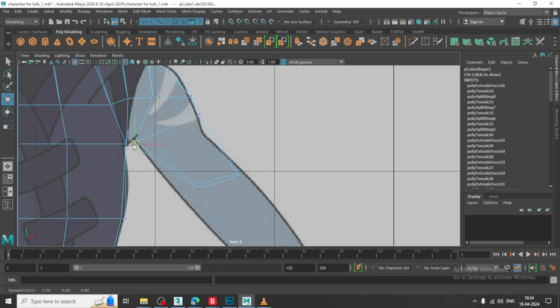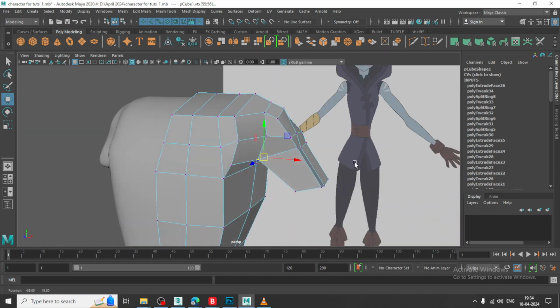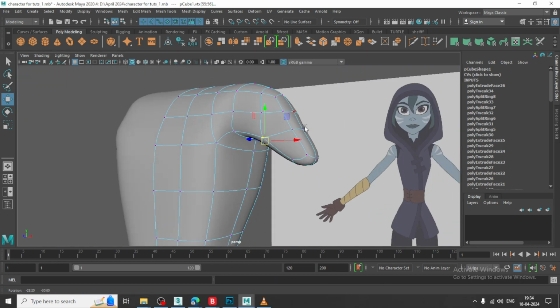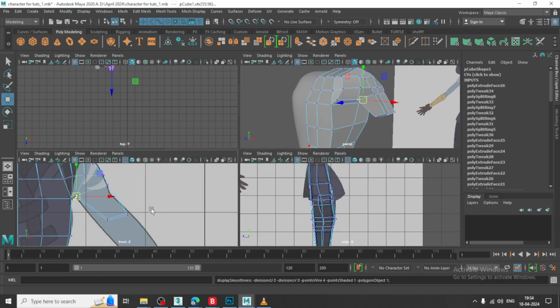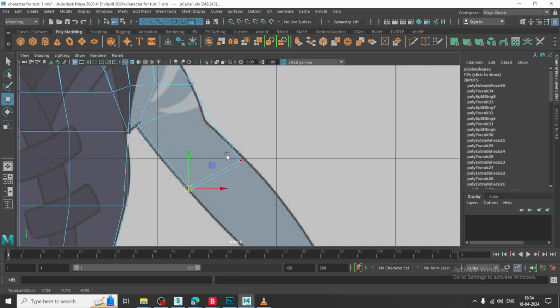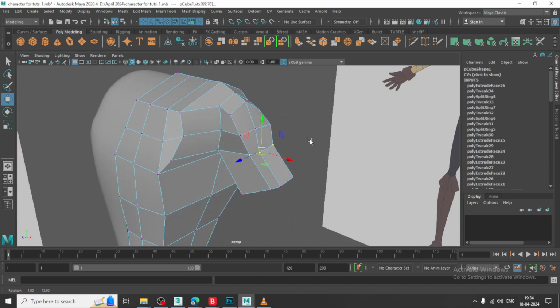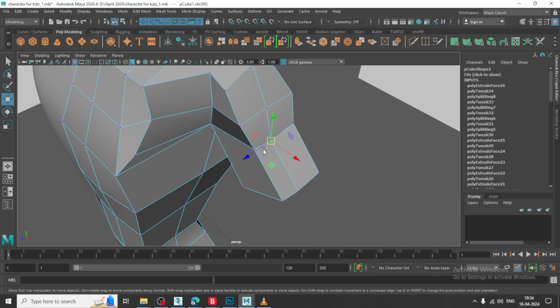I can slightly shuffle it in this way. I'll drag this till here, slightly push this out,